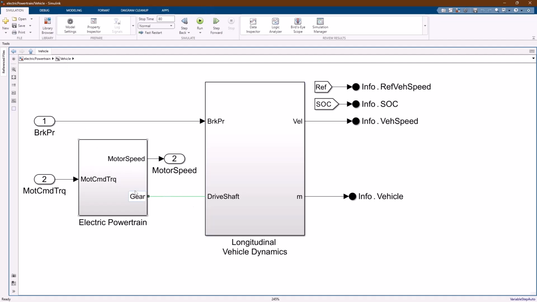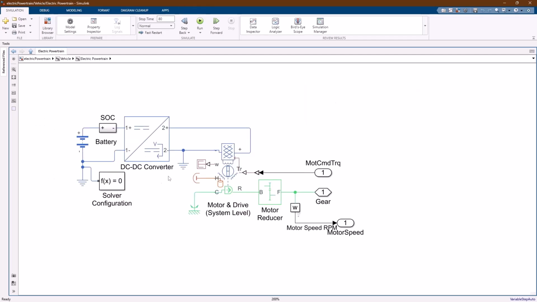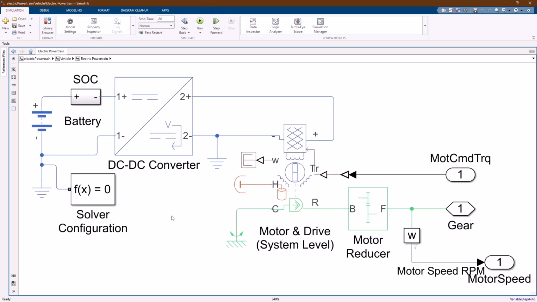Once we've added that, we need to add the rest of our powertrain model. There's only a single connection between our powertrain mechanically to the rest of the vehicle, and that is the drive shaft for our differential. If we look in our powertrain model, we have a couple different components. So let's break those down first. We include a motor reducer model because some motors may not have a direct connection between the rotor and the motor output. Right now we have this set to a ratio of 1 with no losses, so it's just a placeholder in case a motor you want to model has a reducer.